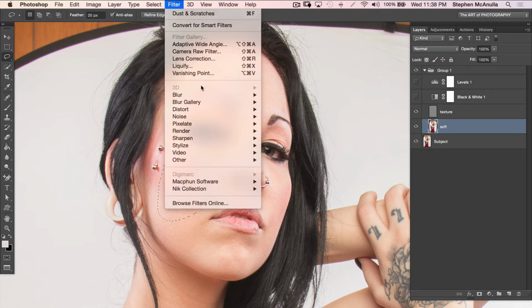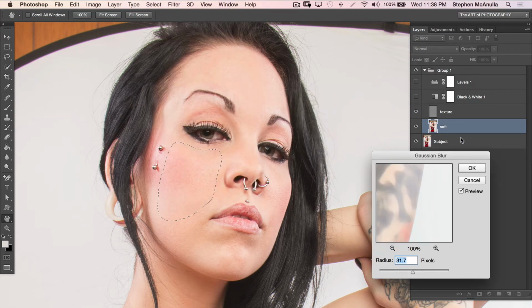Okay, so now what we do, instead of going to the noise, dust, and scratches, we're going to go into Gaussian Blur. This will help us even this area out even more. So we're going to start low and then just bring it up until we see the result that we want. If you go too far, you can see it creates a shadow. So you kind of want to just back away from that